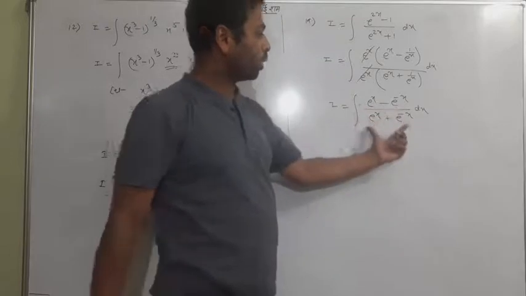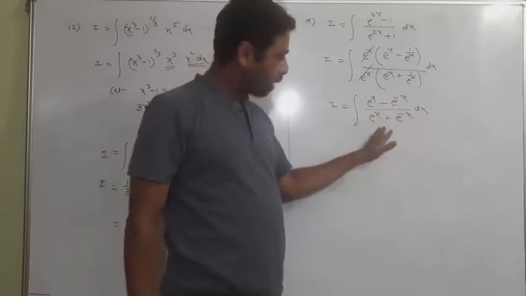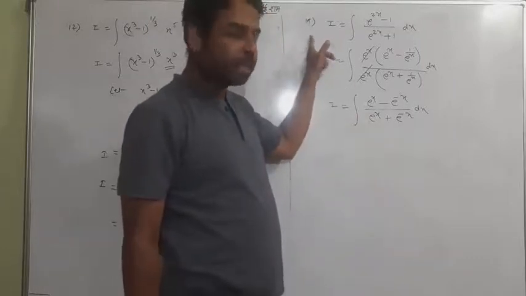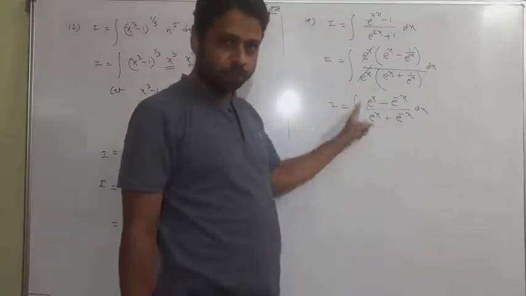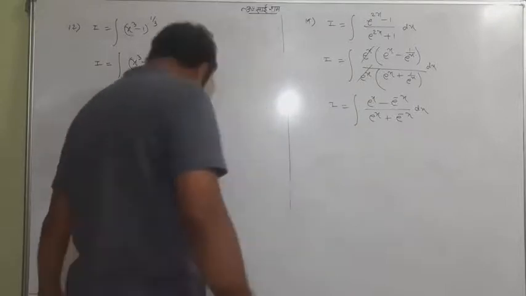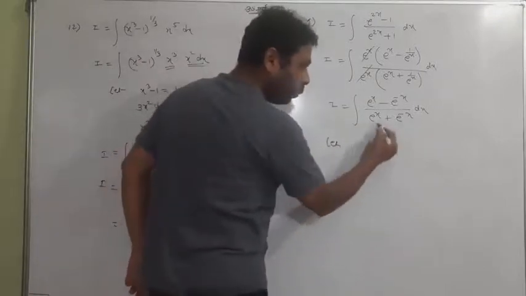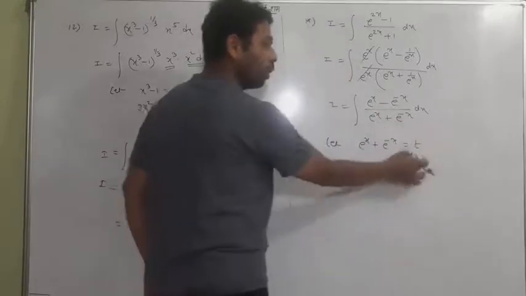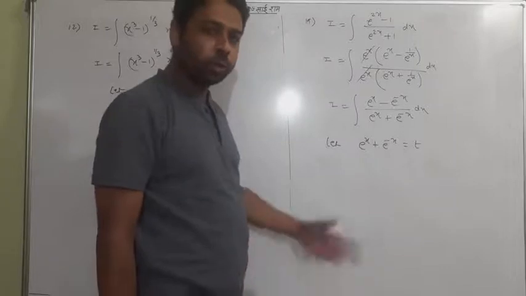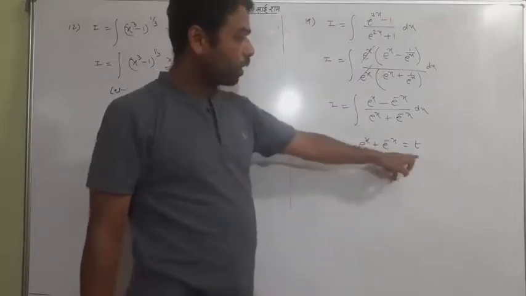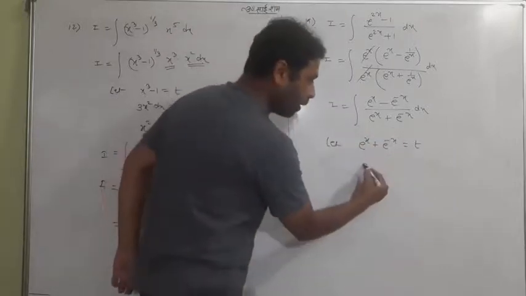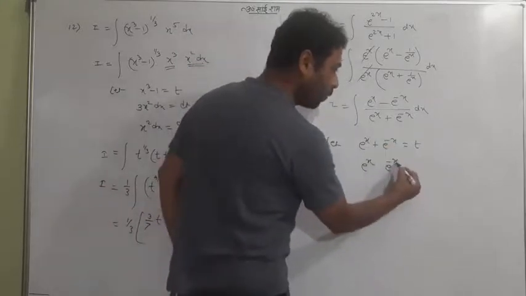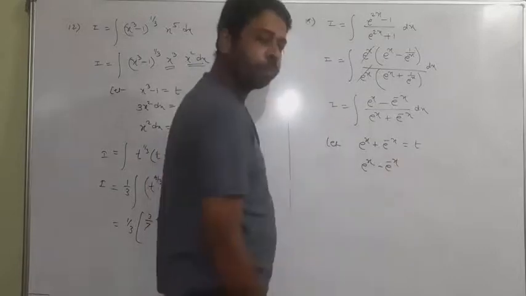Now focus on the question, and before starting the question, I tell you that question number 20 is the same as this one. Question 20 is the same as this one. So do this from your side. Okay. What you do in this question, you consider the whole denominator as t. Whole denominator as t. It is very interesting, but you can catch it easily now. Whole denominator as t. What is the differentiation of e to the power x? Same. What is the differentiation of e to the power minus x? It will be the same, but the differentiation of minus x is minus 1.